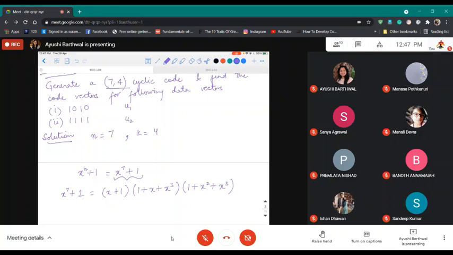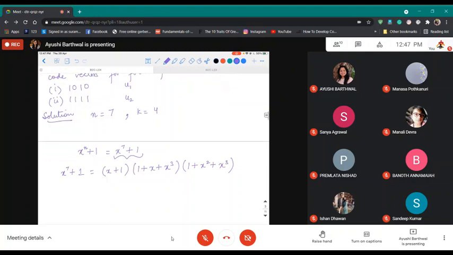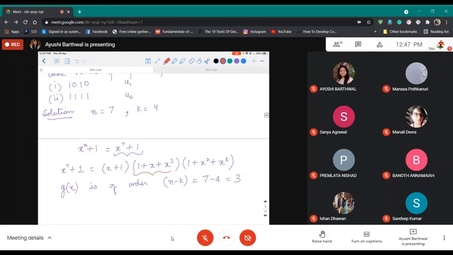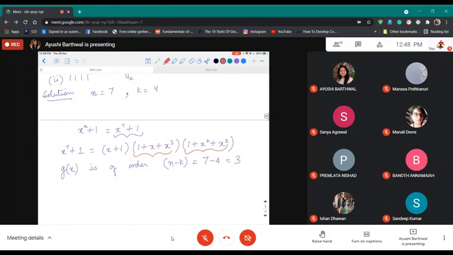Now, how will we identify our generator polynomial? We know that our generator polynomial is of order n minus k, and n minus k is 7 minus 4, which is equal to 3. So we have two factors whose highest degree is 3. Therefore we can choose any of these factors and assume it to be g(x). Since we have to generate our code words, we can take any of these two as the generator polynomial. So let us take